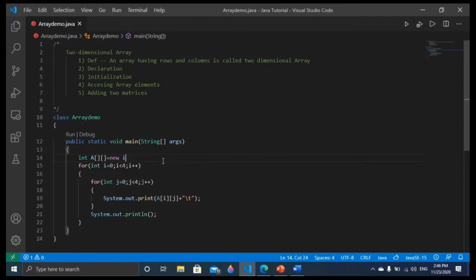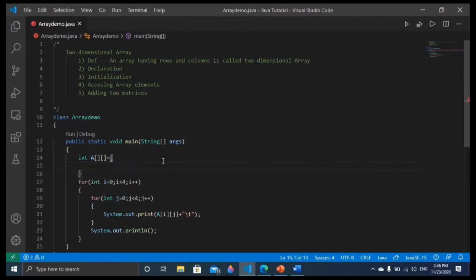Just rough this and here give the first row. Suppose I am giving a 10, then 12, then 13, then 14. You can see the first row, and how many columns we have to give? See, the column is 4, so we have to give the 4 columns. The first row is given and columns 1, 2, 3, 4.